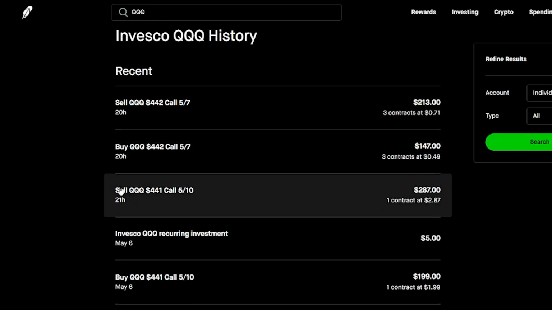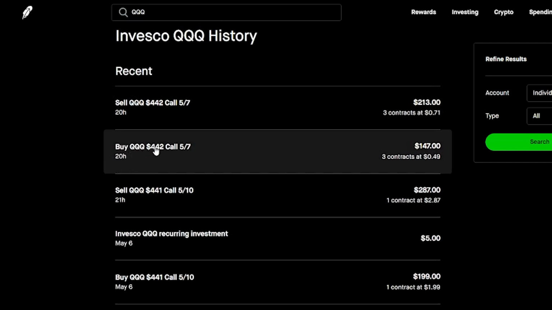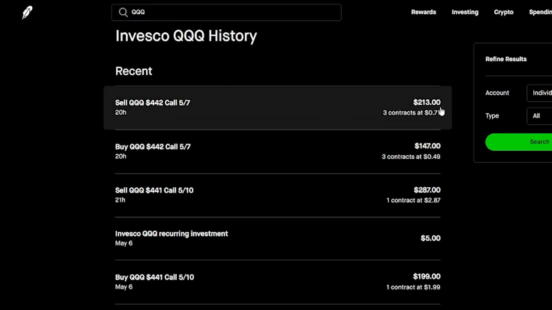And then the next call that we got into right here was the QQQ 442 call, because I told you guys on the last video that I saw it approaching the 442 level. So I wanted to see if I could ride it up to that level and get out just before it hit it, just in case it would reverse. You know, if it actually went up, retested and broke, I would probably get in again. But as you guys saw, it started consolidating. So I just stepped back, closed the laptop for the day. So I got in at 147 and I ended up getting out at 213 for a profit of 66.